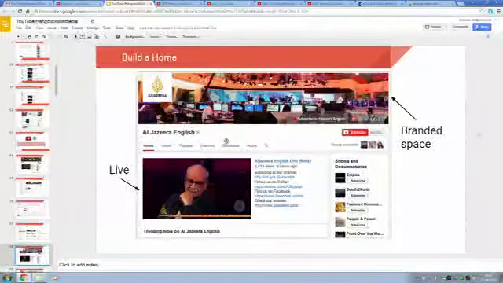For example, at Al Jazeera here, we have, as you see, a very clear picture that brings you directly into the newsroom. Again, in their case, it's a live video. You can choose videos that are in evidence, that can be live video, or they can be longer video. It's up to you, but it's really important that you have a sort of editorial plan in the way you organize your YouTube channel, okay?